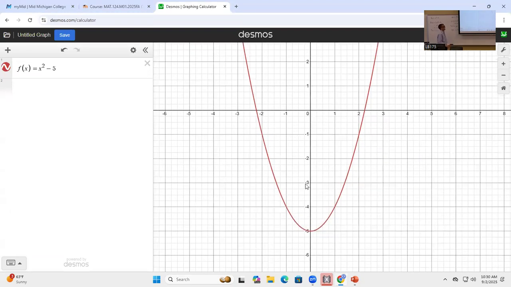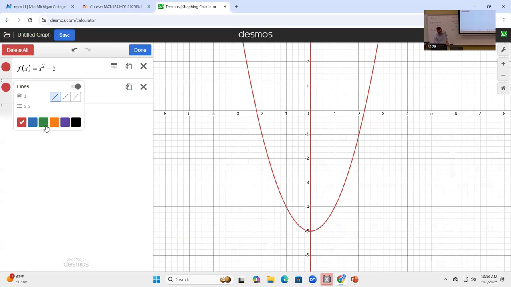And I look at that graph and I say, notice that, if I draw a vertical line through the y-axis, if I reflect across that vertical line, reflect across the y-axis,